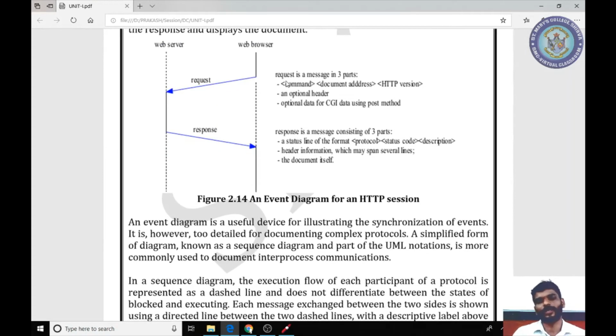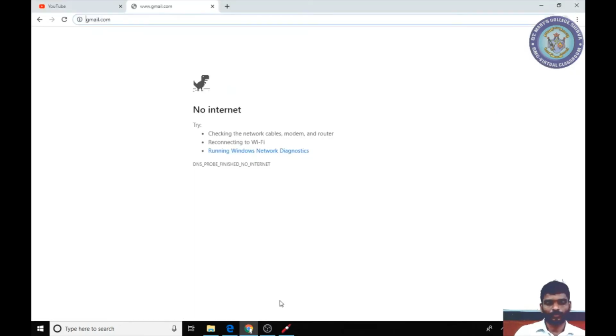This is an event diagram for the HTTP session that you already studied at the beginning of this chapter. There is a web browser and a web server. For example, this is the web browser, Google Chrome that I am using. Now the web server, there is no execution. As soon as I send the information, it will enter into the blocking state. Now I requested something, but due to network error, I am unable to connect.